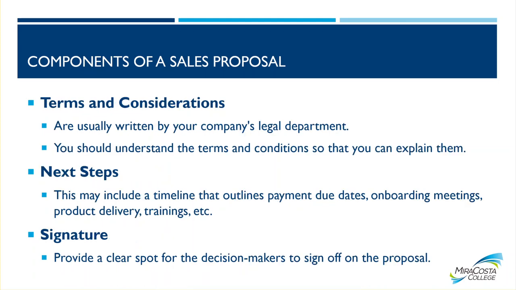Terms and considerations are always important. They're usually written by your company's legal department. Now, I know entrepreneurs and small businesses don't necessarily have a legal department. Perhaps they have a lawyer on retainer, or they could just pay per project. Or you can look up online legal companies such as LegalZoom, where you pay a monthly membership fee, or you just pay a project fee. Solutions like that are less expensive options. So always make sure that you have some sort of legal department looking things over, especially if it's a contract